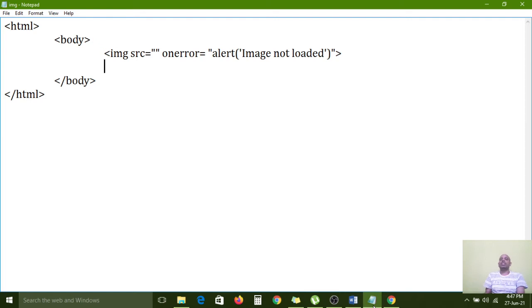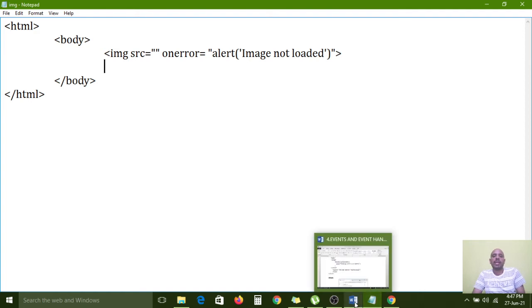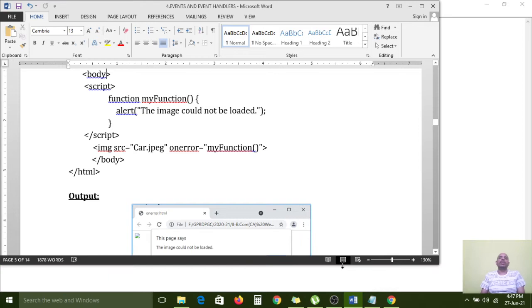So if you want to show the error for the users, we must use the onerror event here. So that helps the users, right? While loading a file from an external source, in that case they will get an interruption loading the file from an external source. For that, this error message we need to intimate to the user by using the onerror event.